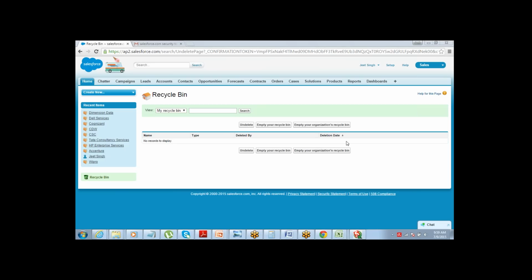One more question that I have is, what are the alternatives for data loader? Is only data loader associated to Salesforce, or are there any other tools that can be connected to Salesforce to do these operations? No, data loader is the most common one. There are certain other applications, but if you understand data loader, we can actually work on those. The other ones are not that common, but there are one or two other applications designed by other companies which can also be used. But data loader is the most common one, and it's available from Salesforce.com. So we use this one.